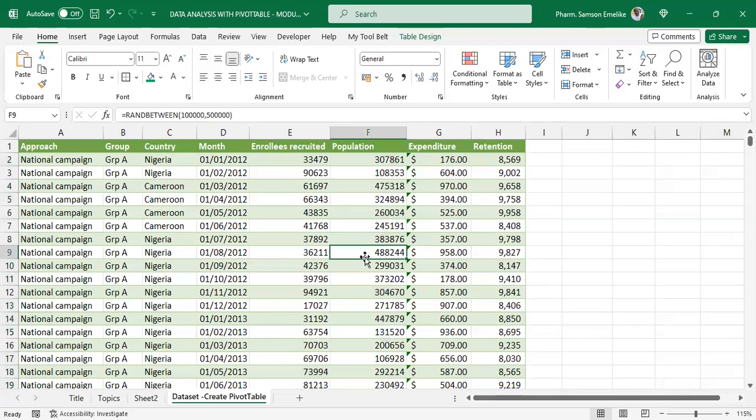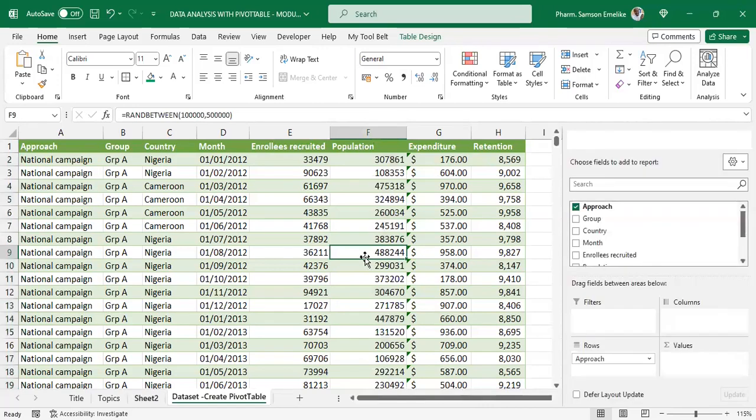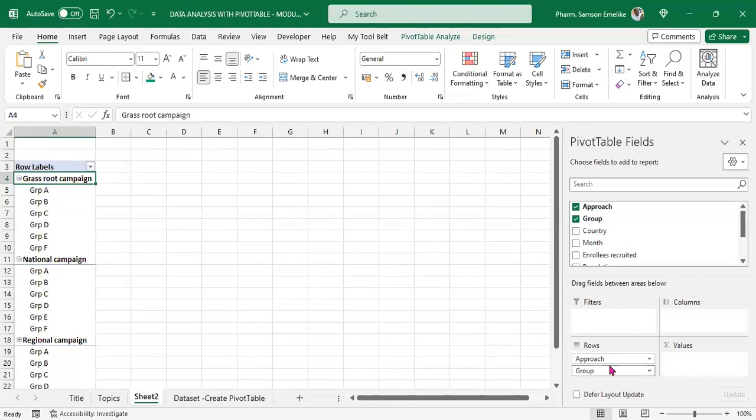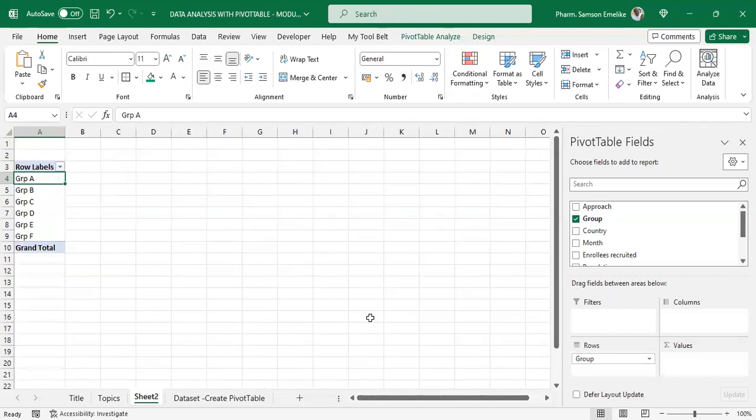And now we have inserted the pivot table. So we are going to look at how to rank, how to sort, how to filter. All right, so here, this is a small number. So let's just take a group rather than approach. So let's remove this so that we have these 6 groups, and then we are going to rank them in